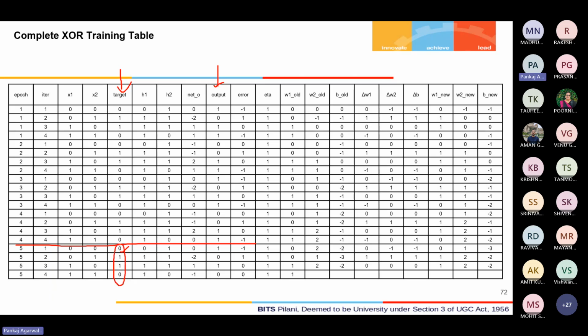Suppose this is iteration epoch five. I need a case where all the values should have been the same. So it is still not the end of it, because if this is 0, then I should have retained 0 here. If this is 1, I should have 1 over here. If this is 1, I should have 1, and this is 0, 0. So I need a case where all my target values are exactly the same as